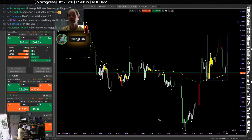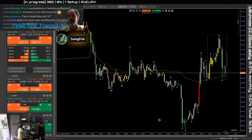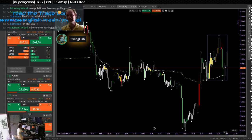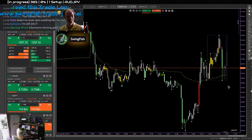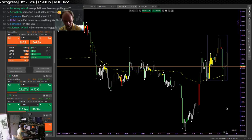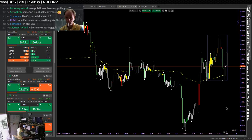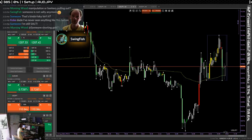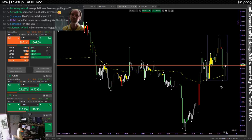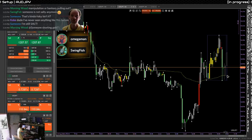It's 3 tests now. It's like basically begging, just press the damn button. Oh yeah, fuck you. Look at that. I just said it and it shoots up. You see the volume bars? Then they're not red, they're just yellow. And then it dropped down with a green one. There's some unusual moves going on. Ah shit, now I'm angry. I didn't